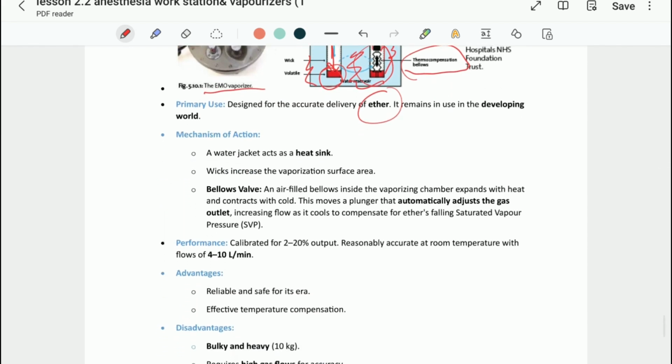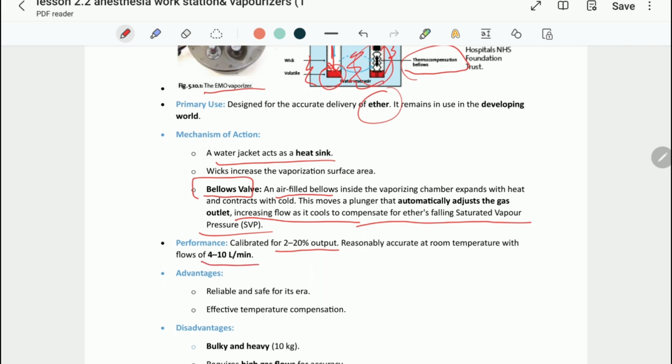It has a water jacket which acts as a heat sink, and the wicks increase the vaporization surface area. The bellows valve is an air-filled bellow inside the vaporizing chamber which expands with heat and contracts with cold. This moves a plunger that automatically adjusts the gas outlet, increasing flow as it cools to compensate for the falling saturated vapor pressure. It was calibrated for 2 to 20% output and is reasonably accurate at room temperature with flows